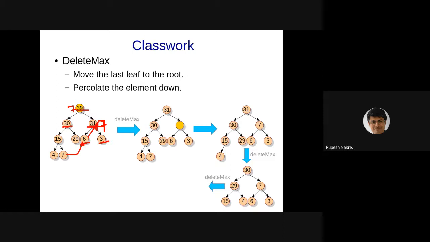This is not only a complete binary tree but also a full binary tree, which has exactly 7 elements. And as you can see, the heap is always height balanced. As far as structure is concerned, it's always height balanced, but the ordering amongst elements is very different. So let's do a couple of delete maxes. So let's remove 30.